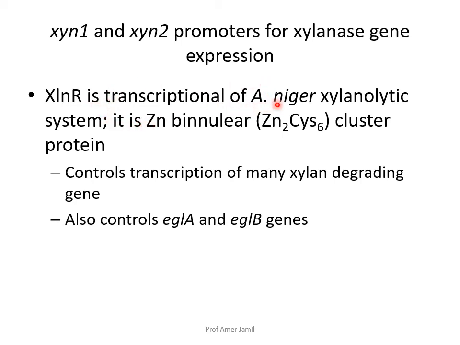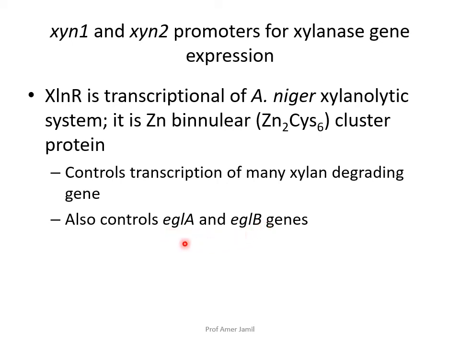It is a well known producer of xylanases. Some fungi produce more xylanases, others produce more cellulases. It is a zinc binuclear cluster protein. It controls the transcription of many xylan degrading genes, and also controls